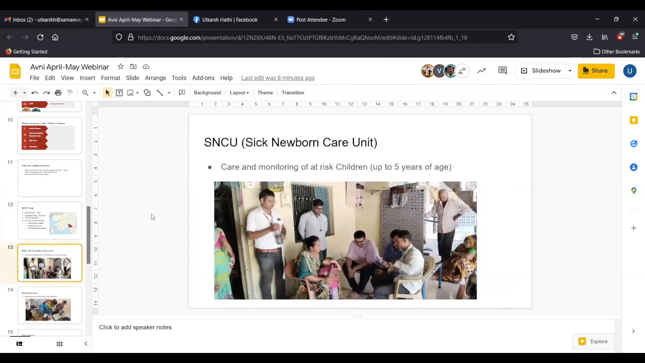So I will talk about two of the programs that SEWA Rural is running, and in both of the programs, Avni is right now used. One of the programs is the Sick Newborn Care Unit, SNCU in short. So it is basically a program where